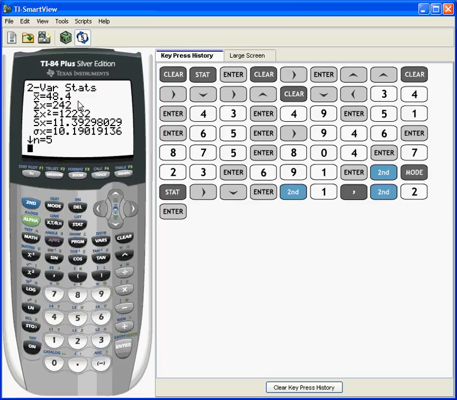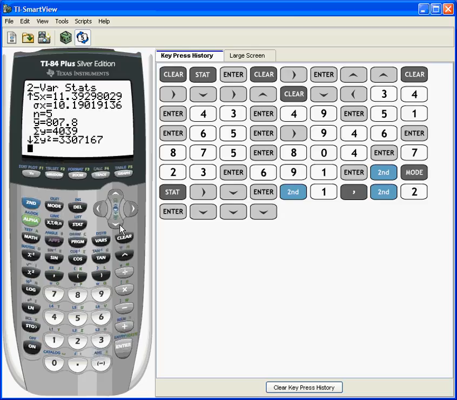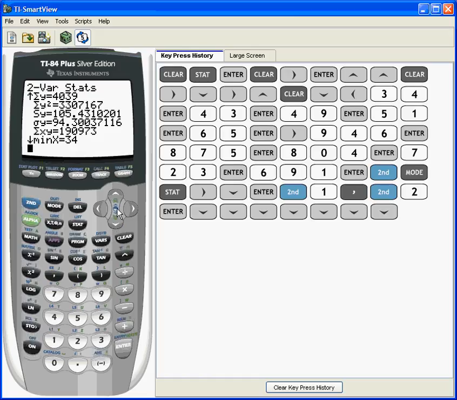So here's x, sum of x, sum of x squared. Down here you will find there's your sum of y and your sum of y squared. If we keep going, there's your sum of xy. So that's where we pulled all those values, and then we just plugged them in to the r formula. And if you need a little bit of help with that,